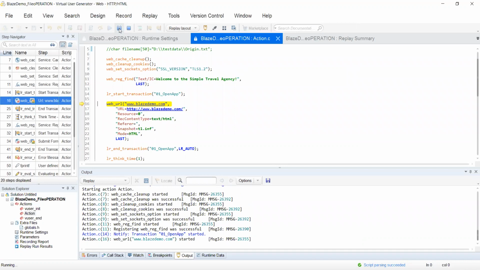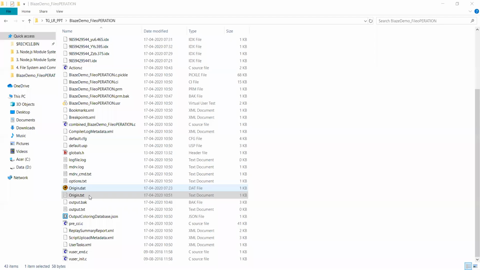Okay, so it is going on. Here again, if you go to origin.txt, you can see only the 3 airport codes are written, what is available on your UI side. It is not writing Lucknow to Bangalore or Lucknow to Delhi, whatever we mentioned in the script, because that is not available manually either. So that's the way we can use our file handling concepts and execute our file handling operation.